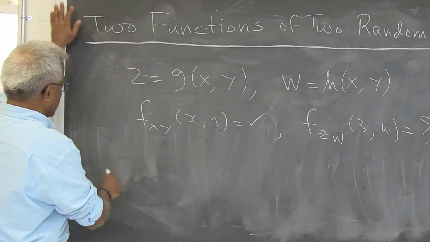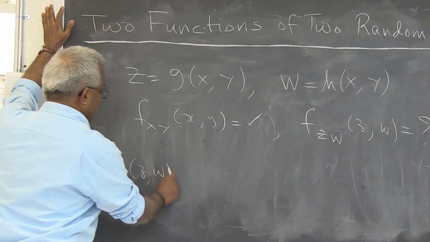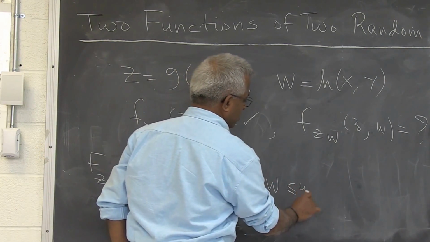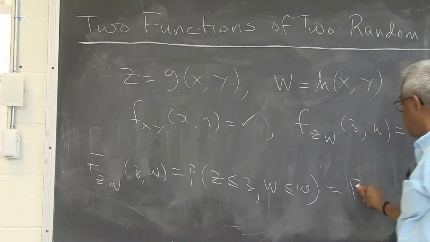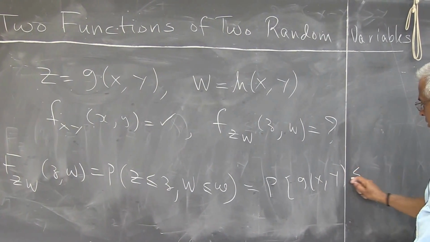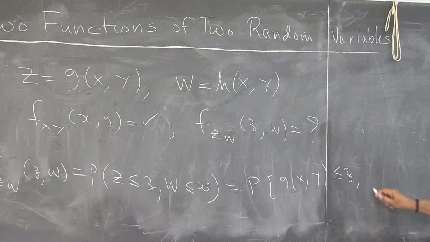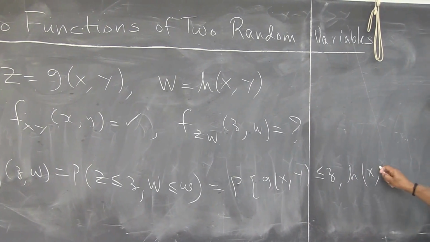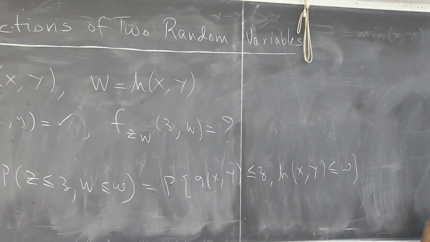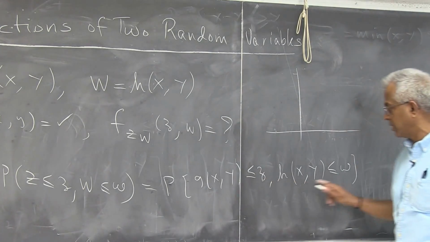So we could start with the distribution function of Z and W. F_ZW(z, w) is the probability of Z less than or equal to z and W less than or equal to w. But Z is given to be g(X, Y) less than or equal to z, and W is given to be h(X, Y) less than or equal to w. Then of course, as in the previous case, for a given z and w, remember